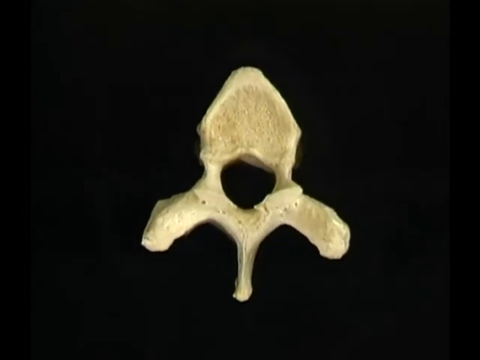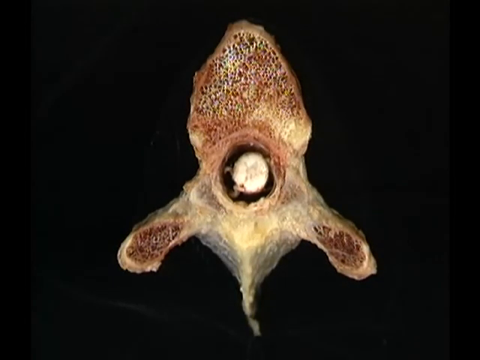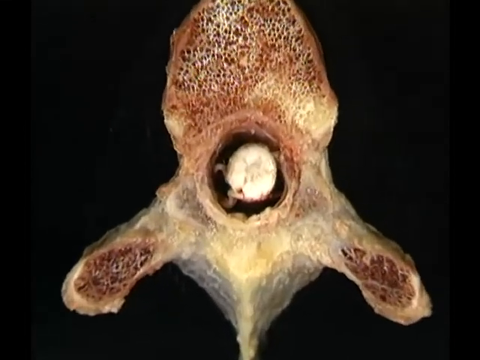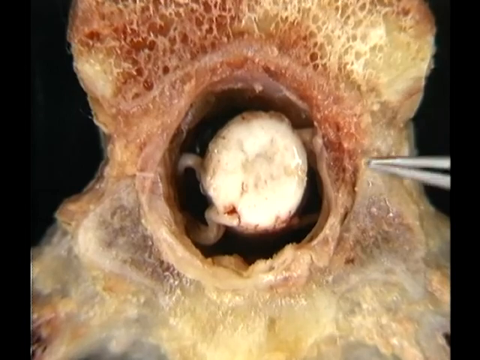Now we'll move on to look at the vitally important contents of the vertebral canal: the spinal cord, the spinal nerves, and the protective layers of tissue that surround them. We'll look first at a cross-sectional view of the vertebral canal. This is a cut through the 6th thoracic vertebra. Here's the spinal cord,